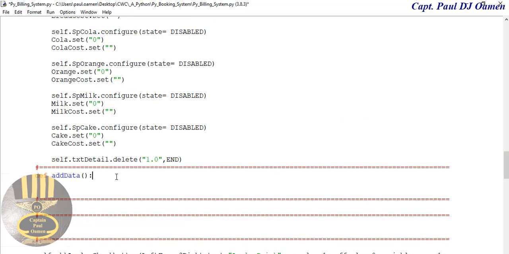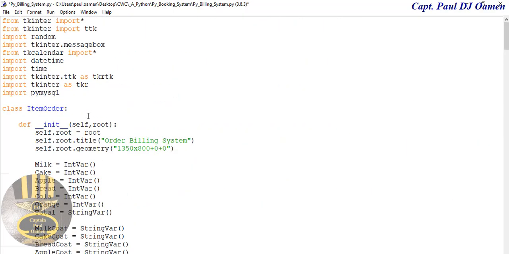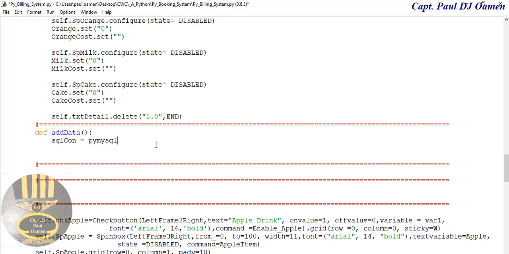There. First of all, let's declare as follows. We're following a local variable. I'm going to call that SQL com. SQL com equals MySQL. So which means you must have imported this straight into your system. PyMySQL. Okay, that means you must install it as well into your system. So there. In that case, I'm going to say .connect,